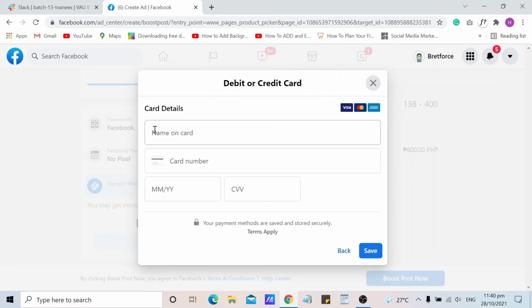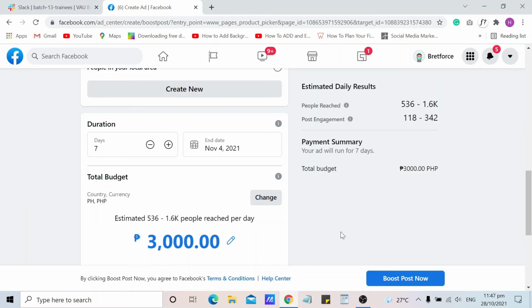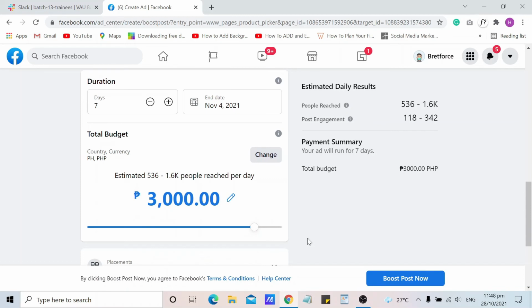Put the card details here, and then click save. The procedure of boosting your post is all the same in boosting the video ad and the text ad, and I think also in image ad. But we will proceed now to image ad.